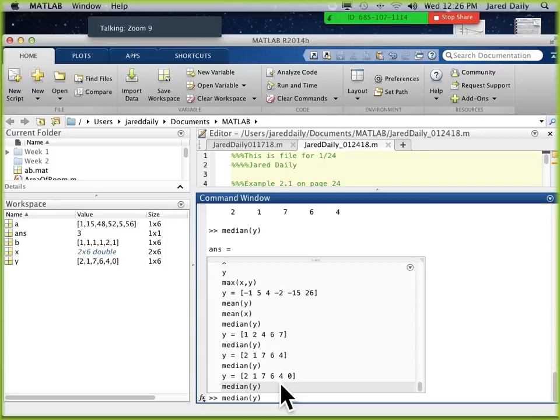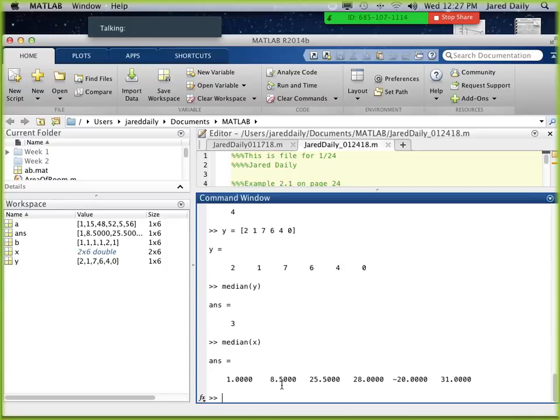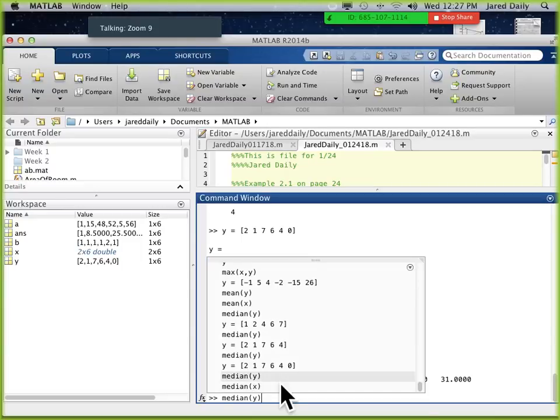And of course, you can also take the median of a matrix that has more than one row. I'm going to have a hard time speaking for a long time today. And since this matrix X only has 2 rows, it just takes the average again. But if we gave X 3 rows, which I'm about to do,